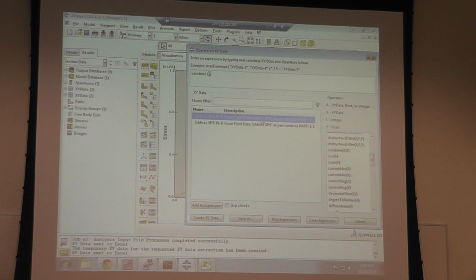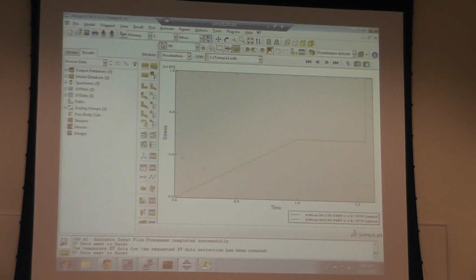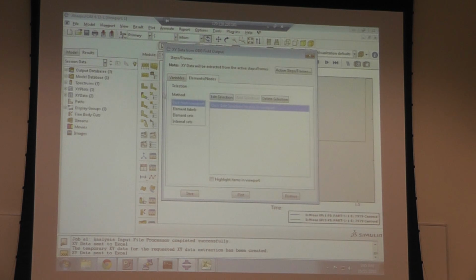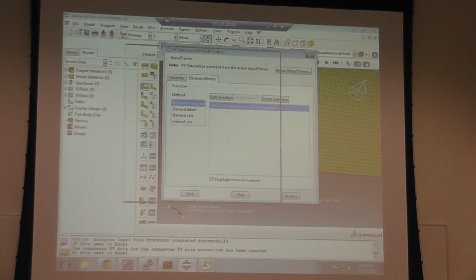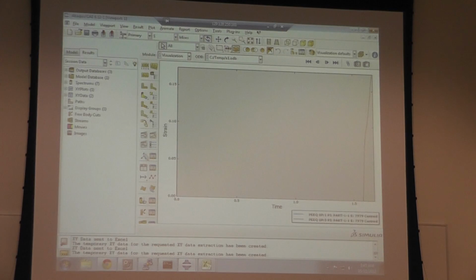two variables, comma this one, for example. No, first epsilon this way. First plot this way with output. Yeah, yeah. So for example, we can plot another XY. Instead of the stress, let's look at the equivalent plastic strain, the same node and the same element. So this is the equivalent plastic strain. Now operate on XY